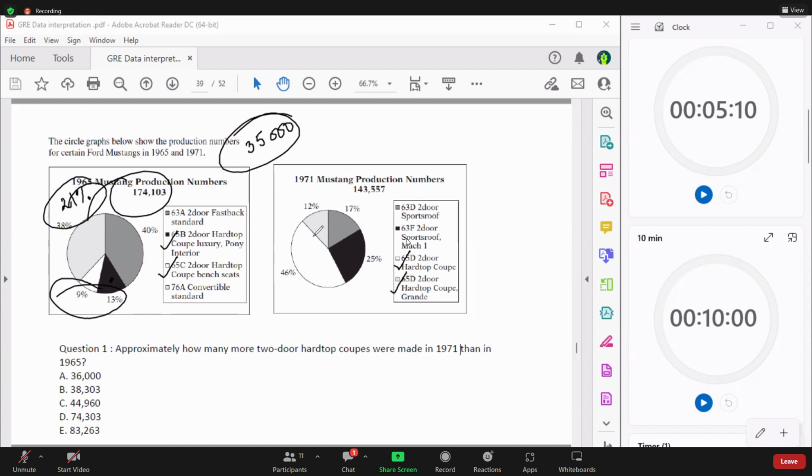So these two, 12 and 46, make 58%. 58% of this, so 70 plus 14, is around 83,000. Now, if you subtract 35,000 from 83,000, you get